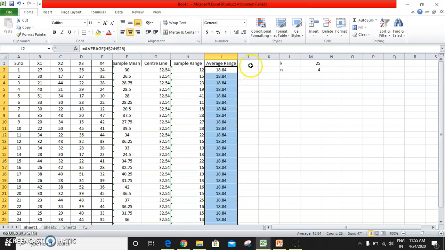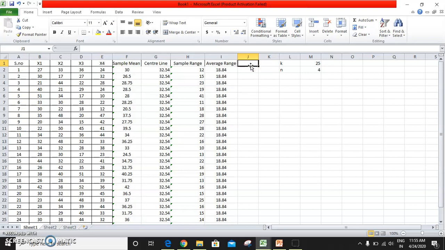Now after finding out the average range, the next step as such is to talk about the upper control limit and the lower control limit. But before doing that, we need to understand that for this thing where we are talking about preparing a control chart for mean using range, why? Because the process variability here is unknown. So in that scenario, we have to adopt another formula for preparing the central line, your UCL and LCL values, right? So here in this scenario we have n equal to 4. That means we have 4 observations and the k value is 25.